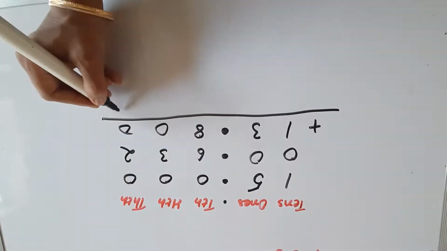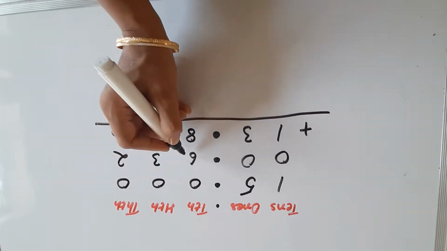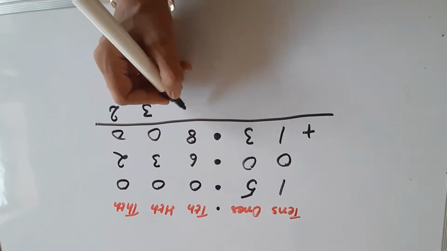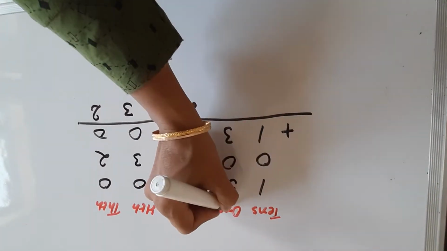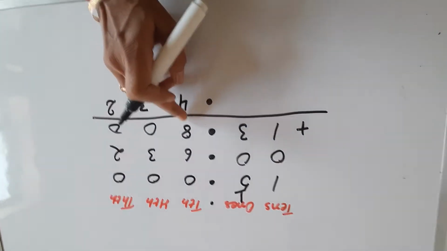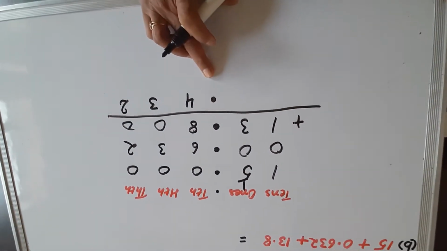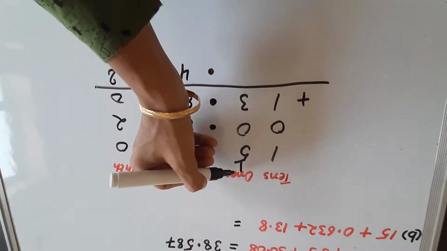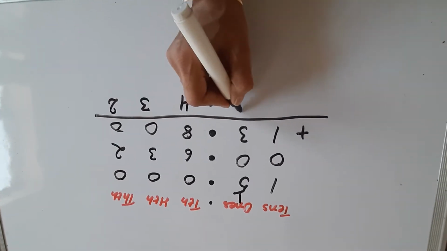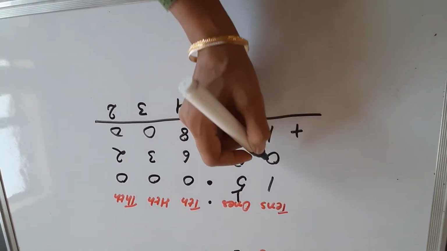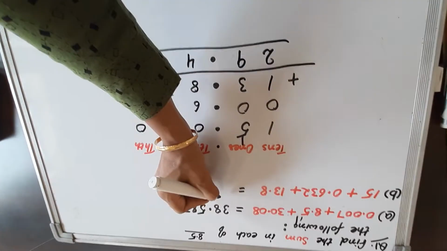So 2 plus 0 is 2, 3 plus 0, 3, 6 plus 8, 14, 14 plus 0 is 14. So 4, decimal, carry 1. Dear students, 14, write down 4, carry 1, but do not forget to place the decimal under the decimal. Now let us add: 5 plus 1, 6, 6 plus 0, 6, 6 plus 3, 9, 1 plus 1, 2, 2 plus 0 is 2. So this will be the answer to our second part,